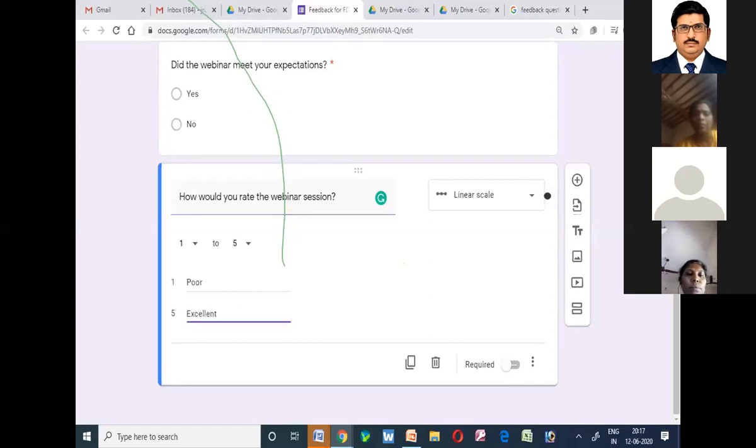So in 1 to 5, in label 1 you have to write the lowest scale, and in label 5 you have to give the upper scale. If you give that, then it is okay. Here if you want to make it required, make it required. If you want to have a copy of this particular question, you can copy it, or if you don't want it, you can delete it.